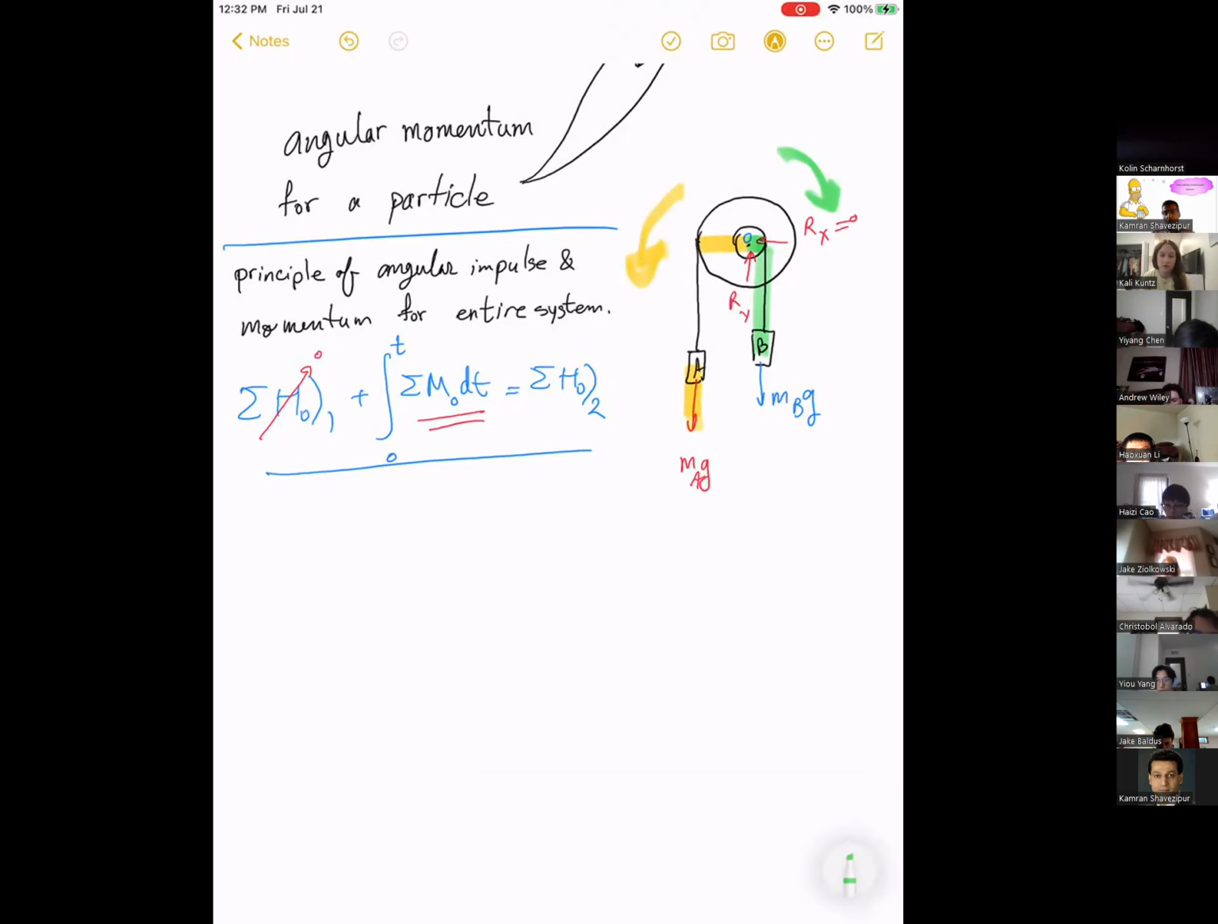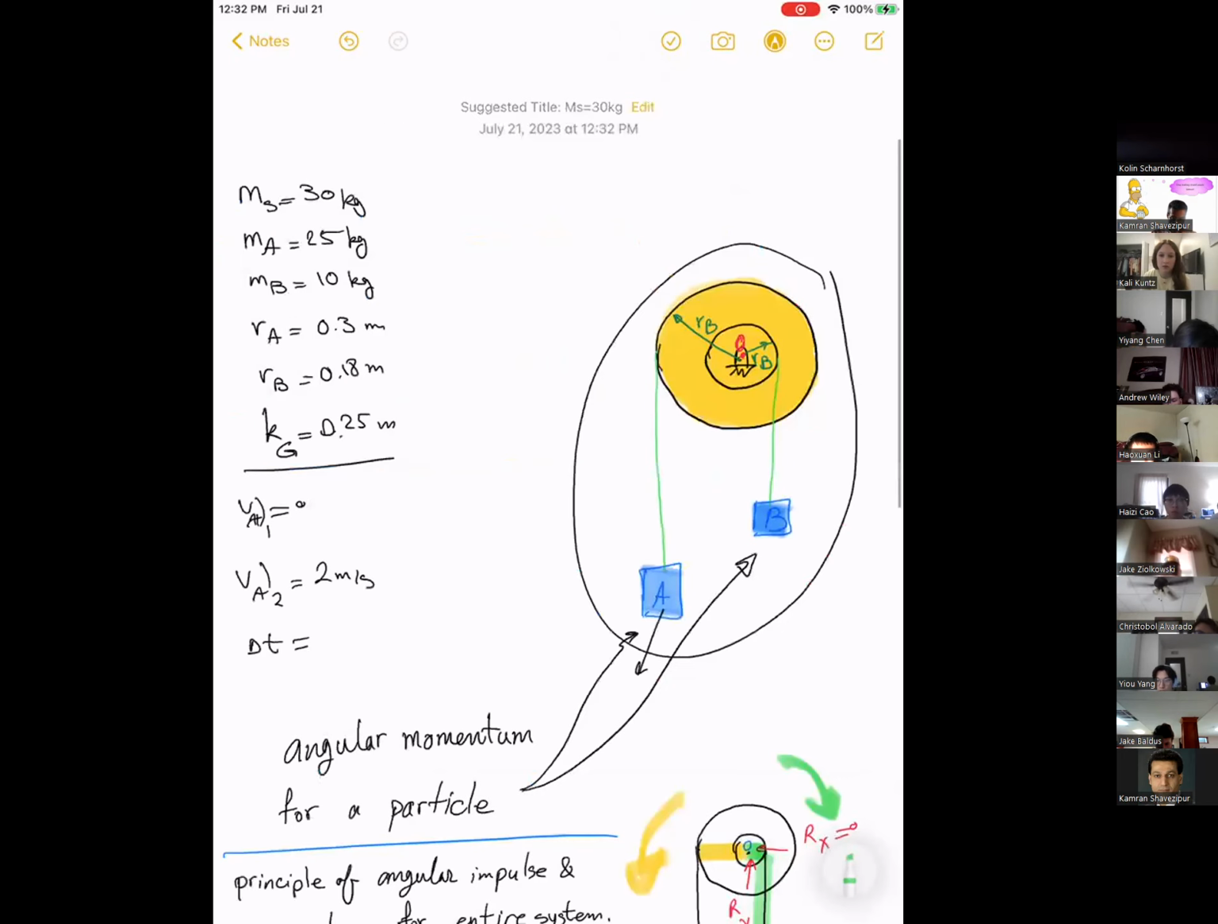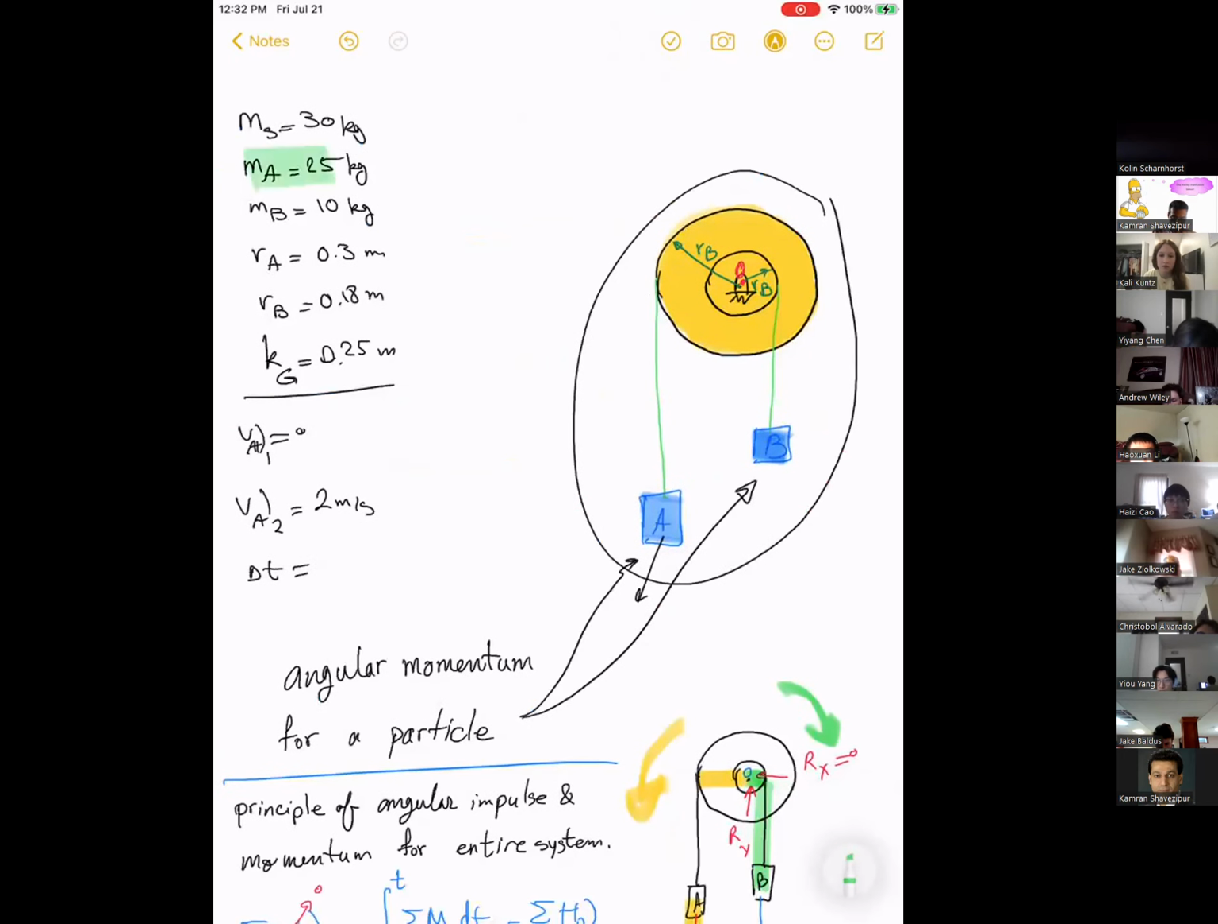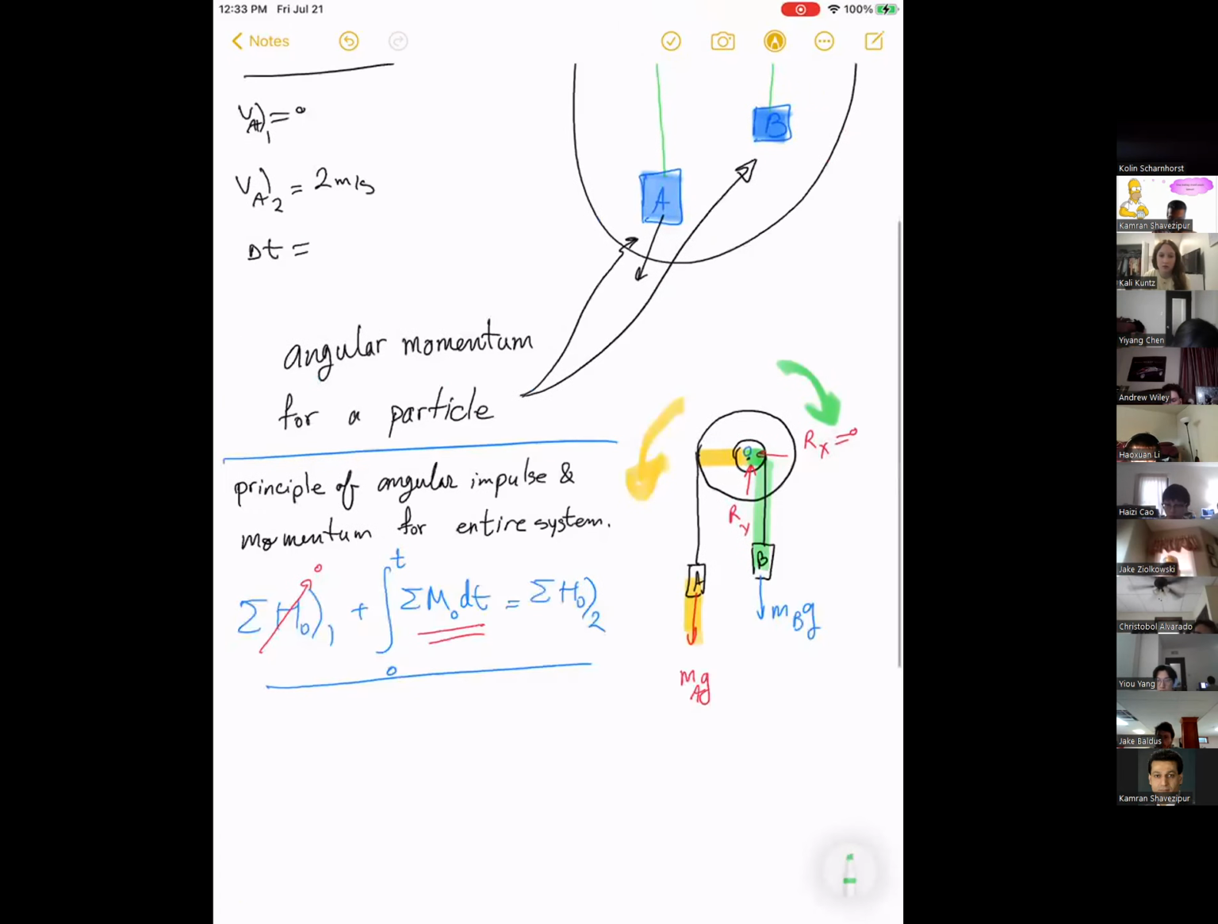You may not know when we release this if B goes down or A goes down, but if you look at the numbers, MA is 25, MB is 10, it has a larger radius, so we're expecting that goes this way. So I'm going to consider this as positive. Okay? Then, summation of moments about O